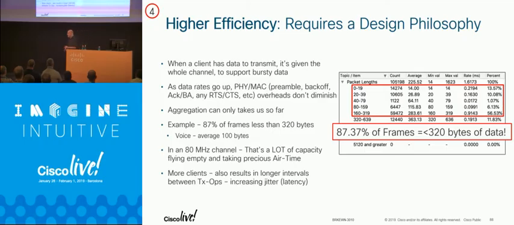Taking a look at the data that goes over the air, how many of you do packet captures or have that automated, right? What's the average size packet on your network? Teeny. Okay, so I'm burping a radio every time one of these teeny packets comes across the air. Drives up my duty cycle, drives up my airtime utilization. 87%, and this is well below, what, 320 bytes of data. Those are teeny packets.